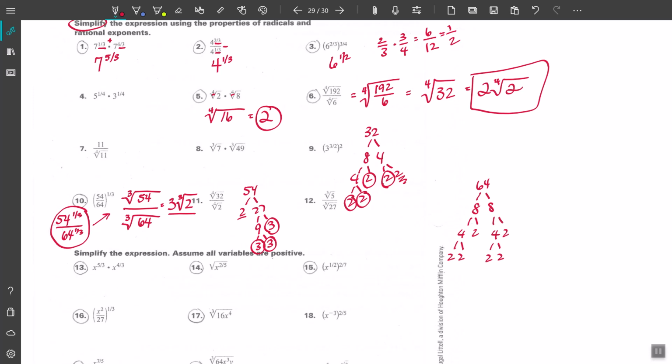Again, I'm looking for groups of 3. So I've got 2 and 3 here. I'm going to be able to pull out 1, 2. And then I've got another group of 3 2's here, so I'm going to be able to pull out another 2. All right, so actually 64 is a perfect cube. I made a mistake when I said it wasn't. And so you could have just pulled straight out that 4. You need to multiply the 2 and the 2 together. So the final answer would be